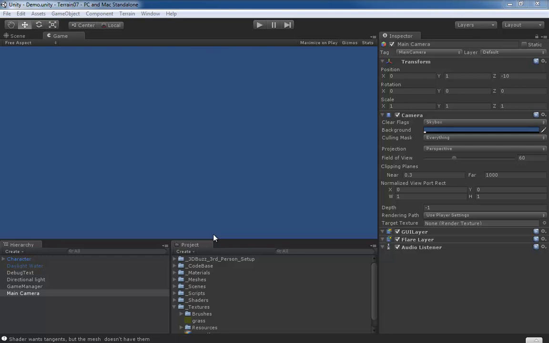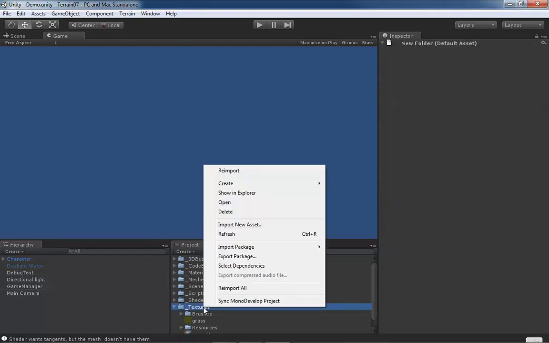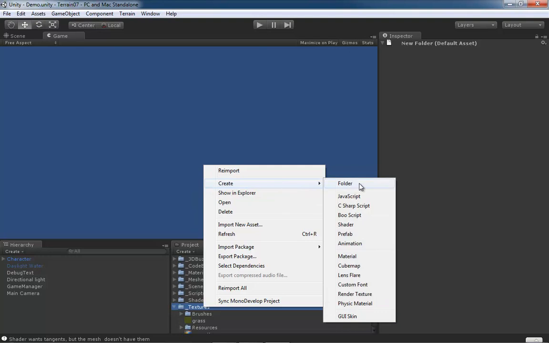So in this video, Lee is going to be setting up a GUI skin. Now, this isn't going to be the actual, well, it could be the GUISkin that we end up with. Matter of fact, I'll do it anyways just so we can have some fun. But what we're going to do is create some new folders for this. So we're going to create a folder,